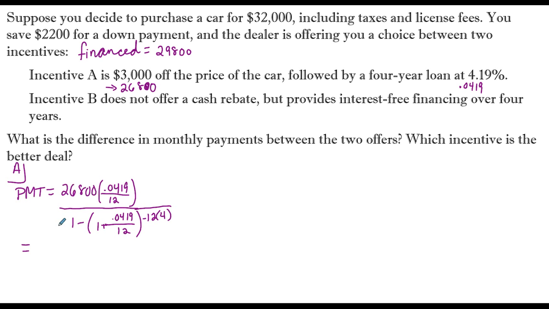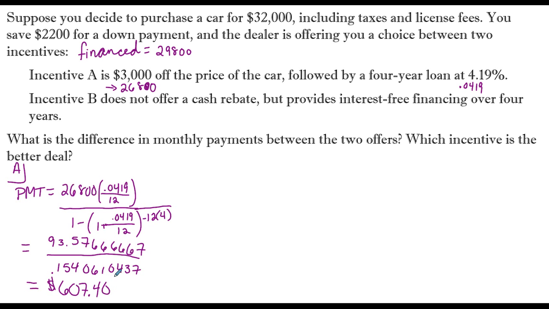Now, when calculating the numerator and denominator, this would look as such: 93.57666667, all of that divided by 0.1540610437, which as a payment amount, so let's round that to two places, it's going to be $607.40. So using incentive A, our car payment would be